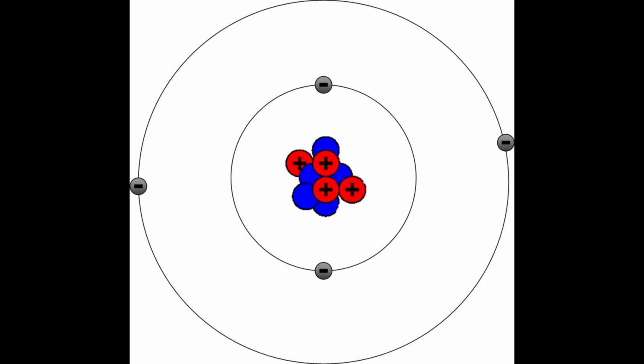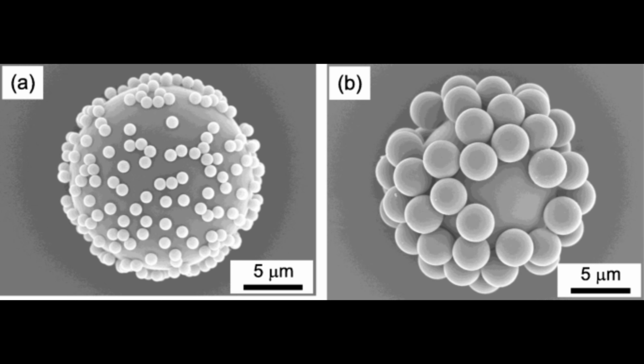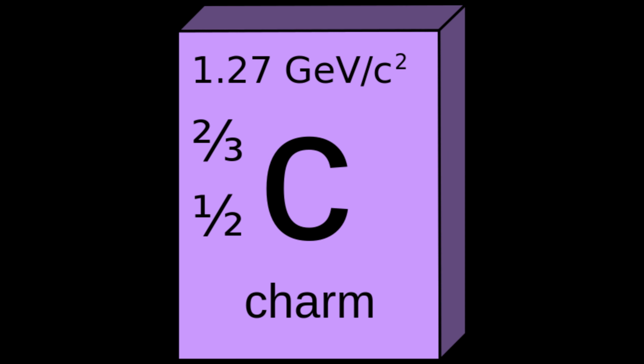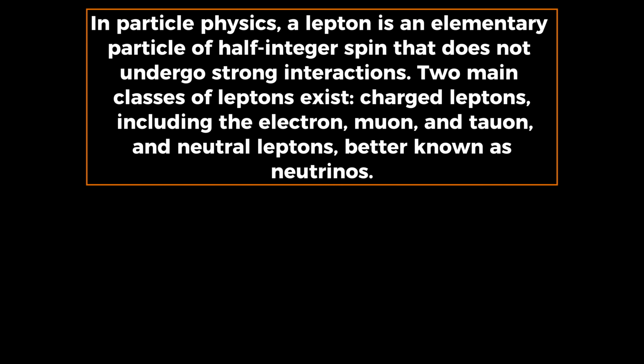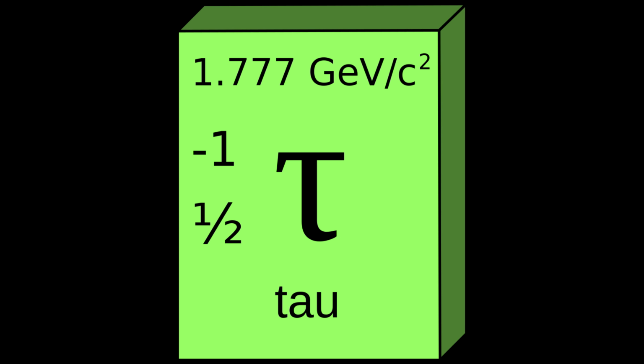Classification by composition. Subatomic particles are either elementary, not made of multiple other particles, or composite and made of more than one elementary particle bound together. The elementary particles of the standard model are 6 flavors of quarks: up, down, strange, charm, bottom, and top. 6 types of leptons: electron, electron neutrino, muon, muon neutrino, tau, tau neutrino. 12 gauge bosons: the photon of electromagnetism, the 3 W and Z bosons of the weak force, and the 8 gluons of the strong force.